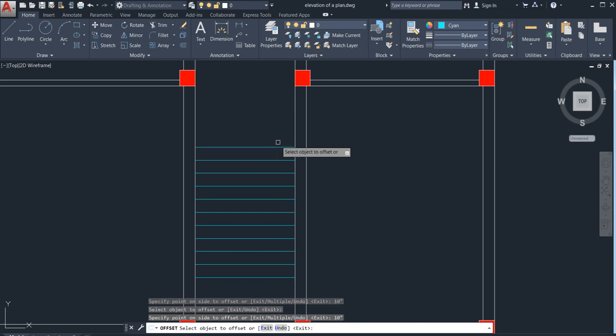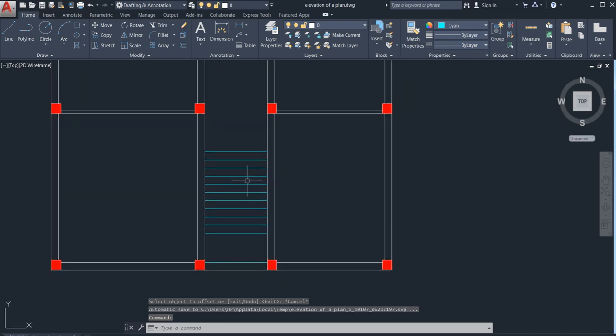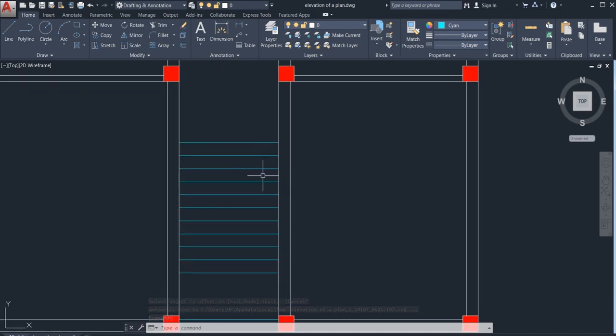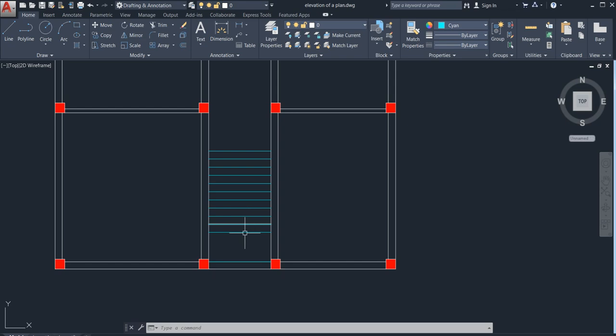This I have calculated. If you want to learn how to draw a stair, you can see my previous videos I have attached. So now we need to count it. 1, 2, 3, 4, 5, 6, 7, 8, 9, 10.